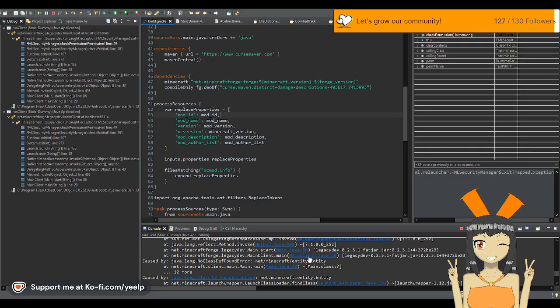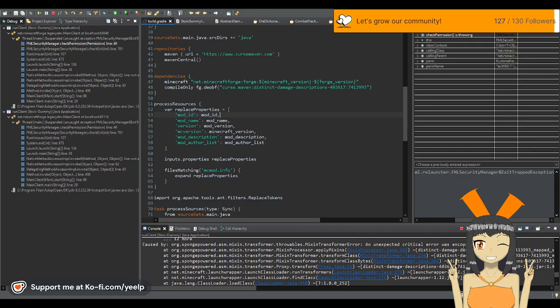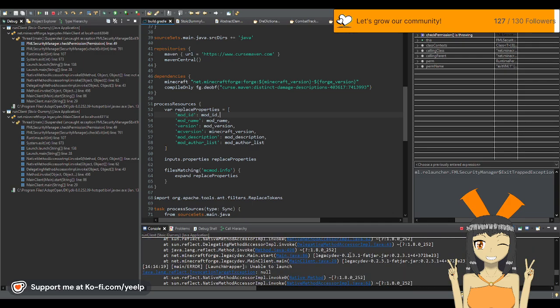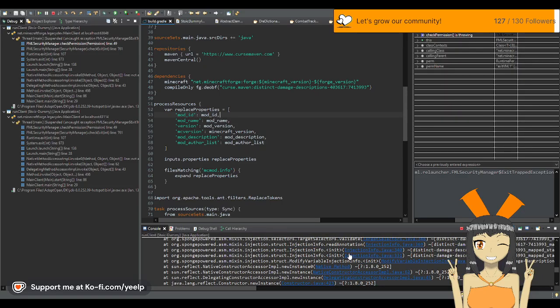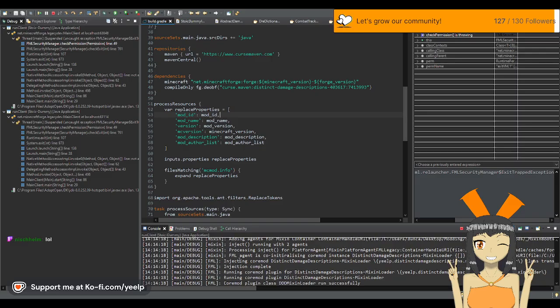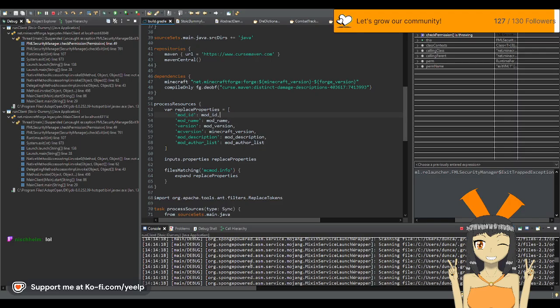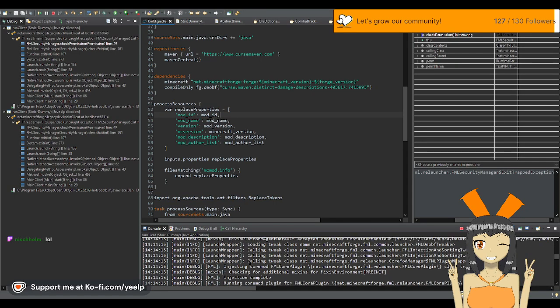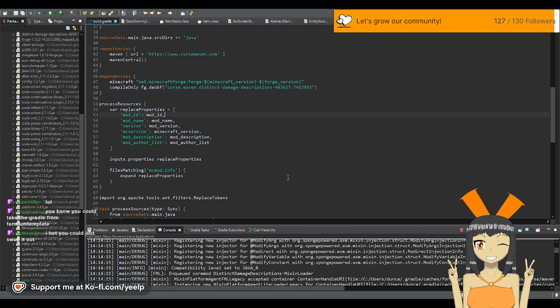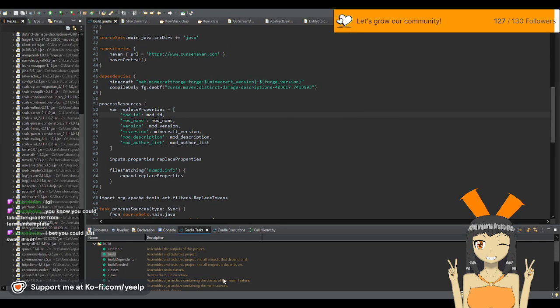Everything failed. Everything's failing. There's one from like mixin entity here. Yeah, it's not just this one thing. All the mixins are fine. It's probably the ref map. You're probably completely correct with that. Everything's failing. You can take the Gradle from the Fermium template. I could, but I feel like what I need to do actually is I need to